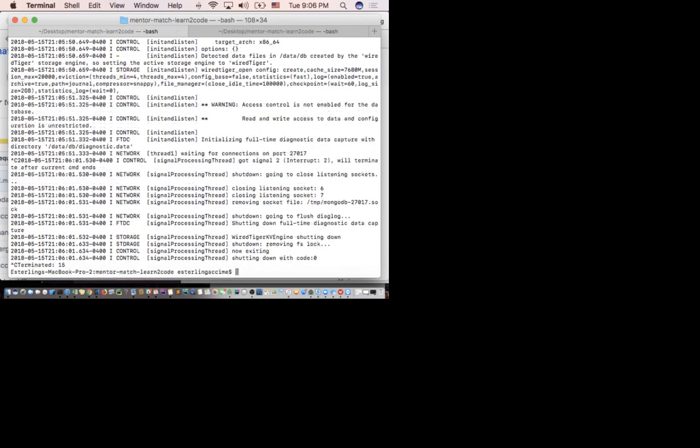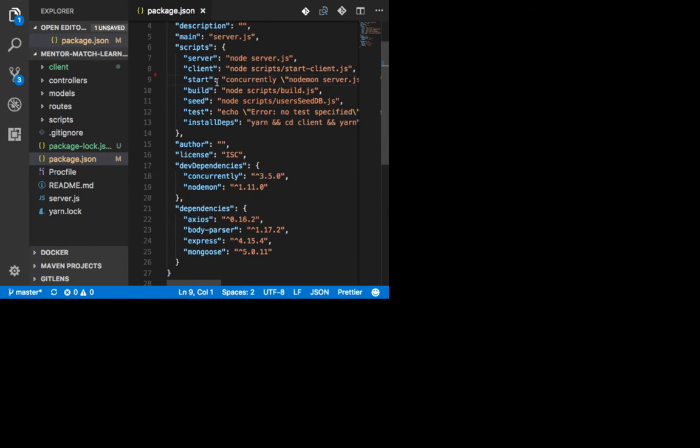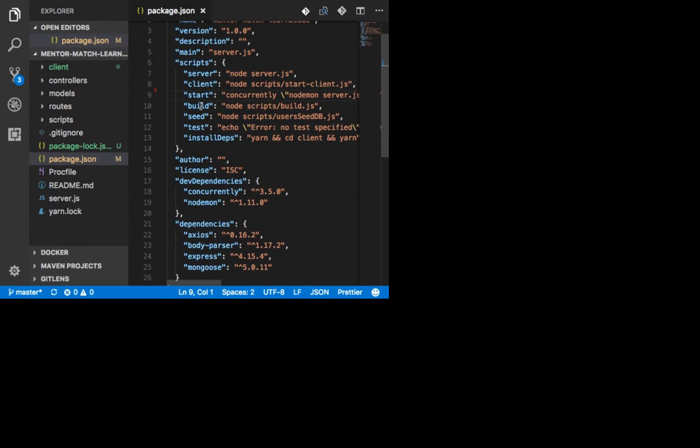But I don't quite like this one. I'm going to go ahead and start my Mongo manually. And then delete this command. And now I can run their npm start script, and that should be able to pull in the server. If you want to inherit some things out of this, here's what I want you to inherit. What I'm looking at to start these apps, I'm looking at the scripts. Is that clear for everyone?